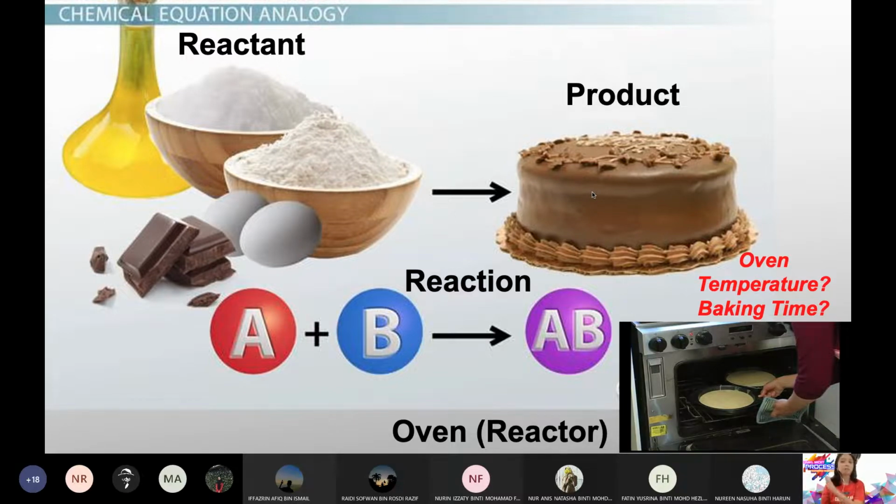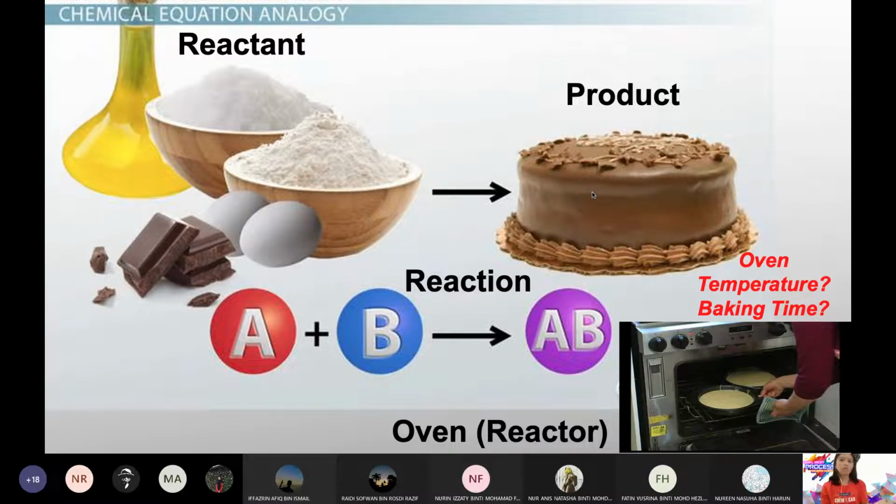One thing, okay, that's because of the raw material. Second, there are many parameters that affect reaction. Contohnya, like you bake a cake, right? Okay, you are baking a cake, you know, you have raw material like eggs, flour, so on and so forth. Okay, kamu tahu kan, kalau katakan kamu nak guna tepung jagung, kamu tambah tepung gandum, something like that. Your cake outcome will be different also. Kenapa the cake outcome is different? Because you already changed the raw material. One. Second, temperature. You know, in baking a cake, temperature is an important integral part, aspect of a reaction.